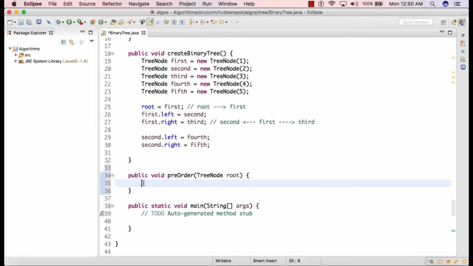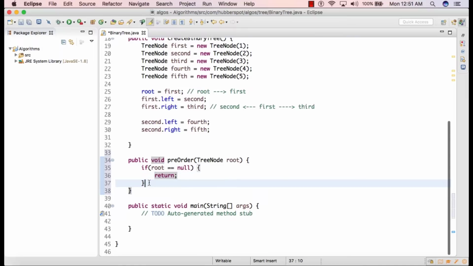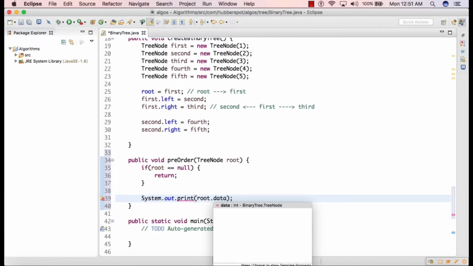As we are going to call this preOrder method recursively, we'll first provide a base case. The base case would be, if root is equal to null, then simply return from this method. And if root is not equal to null, then simply visit the node, so we'll print root.data.